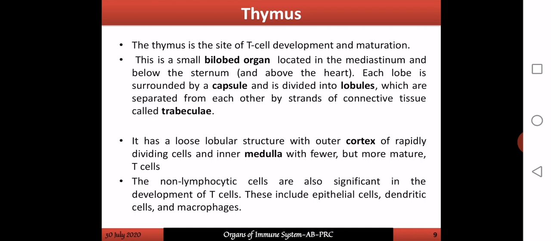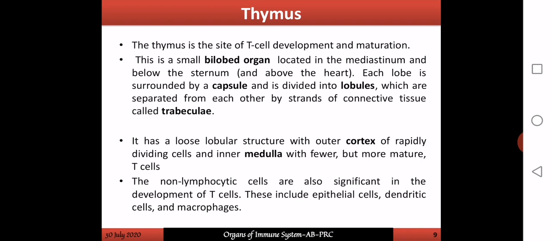And when we take a cross section of the thymus, you can see two parts: an outer cortex region and an inner medullary region. The outer cortex is heavily populated with rapidly dividing immune cells. Those immune cells which are maturing in the thymus are called thymocytes. So there will be rapidly dividing thymocytes in the cortex, whereas the medulla has fewer but mostly mature thymocytes,